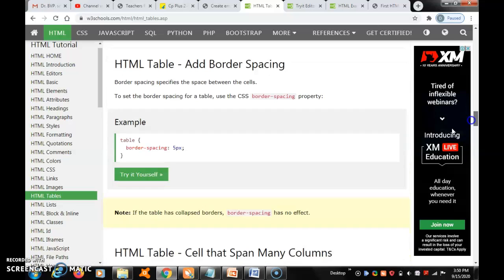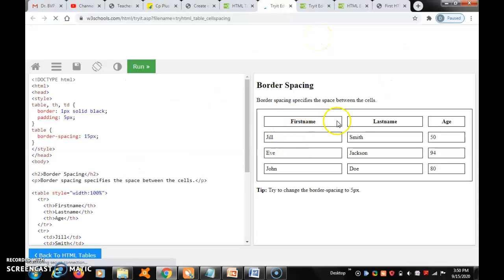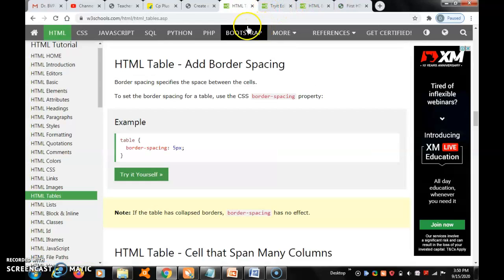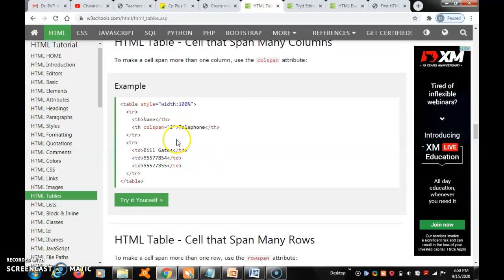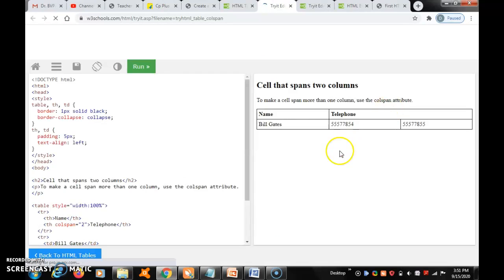Border spacing. Border spacing gives separate boxes like that. This is not commonly available, so only some tables use this type of border spacing. Here is another example: email, and here Bill Gates' telephone number.